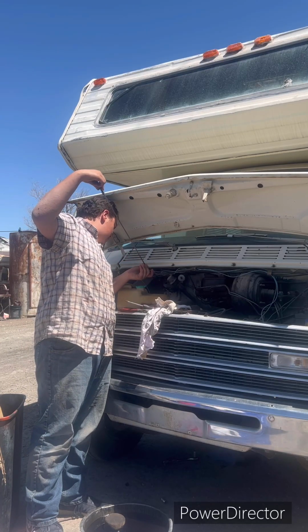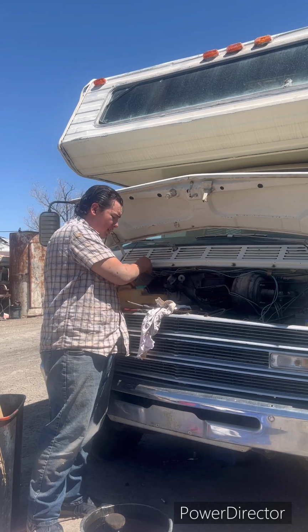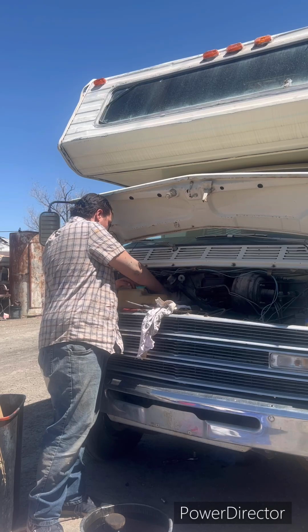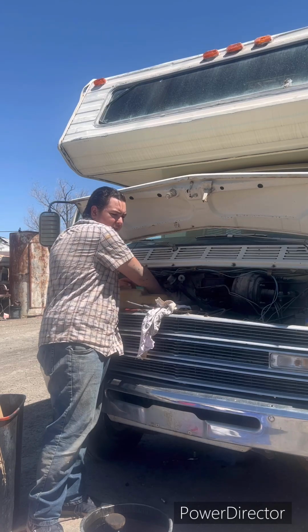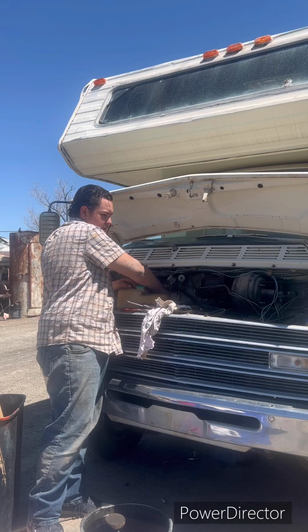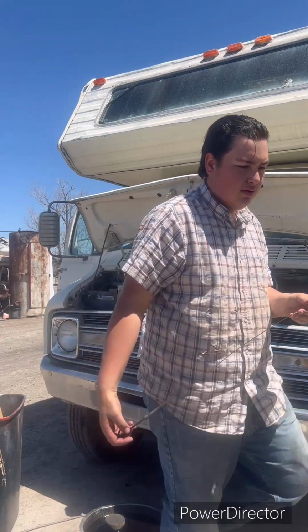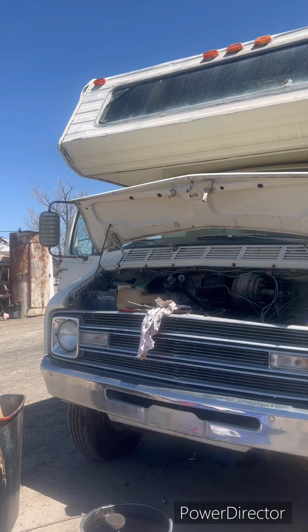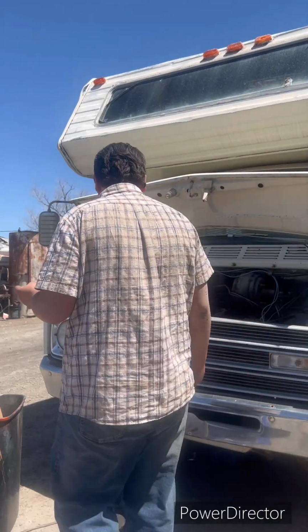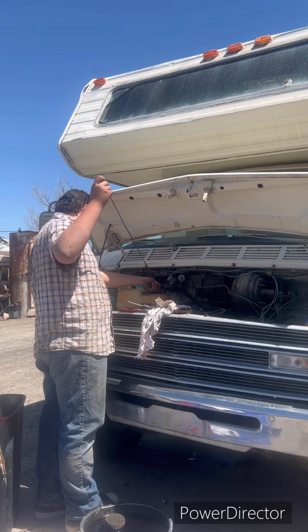Put it down in there. It's kind of hard to see in the light, so I'm gonna try to go in the shade and see if I can see the oil good. Let's go in the shade right now. See, it is on. It's a little under full, so it could use a little bit, but not much, which is okay. Now for the important part